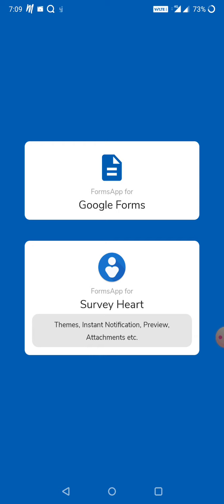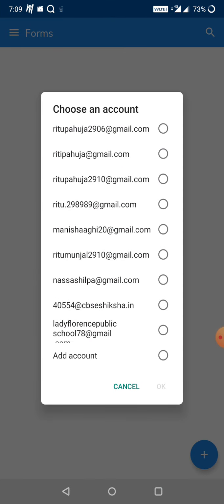It will not go to the Google Form. So you have to press on cancel first, then the system will show you this screen. You have to tap on Google Forms, then again it will show you the email IDs which are already on